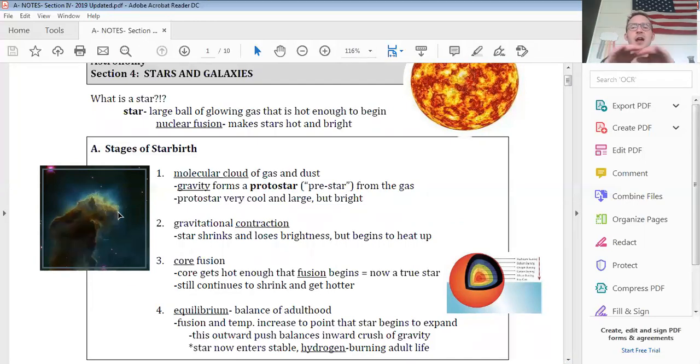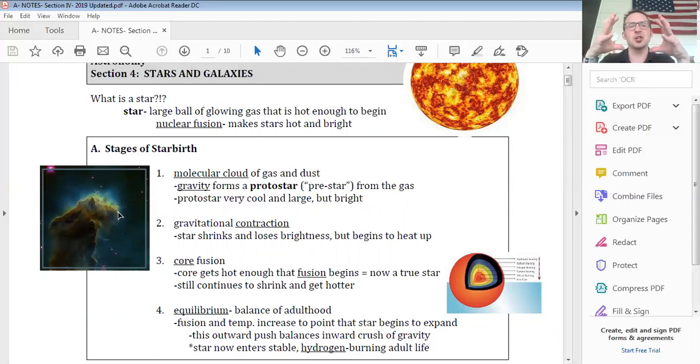Now, throughout a star's life, a silly analogy I'm going to be making in this section is a seesaw between two competing forces. On one side of the seesaw, we have gravity. Gravity wants to tip the seesaw its way and crush the star down to nothingness. On the other side, we have star energy. Star energy wants to expand the star really, really big. Now, early in its life, gravity is the big kid on the playground. The seesaw is tilted this way so much because gravity is so strong. Poor little star energy is just up here on the seesaw with its legs kicking helplessly.